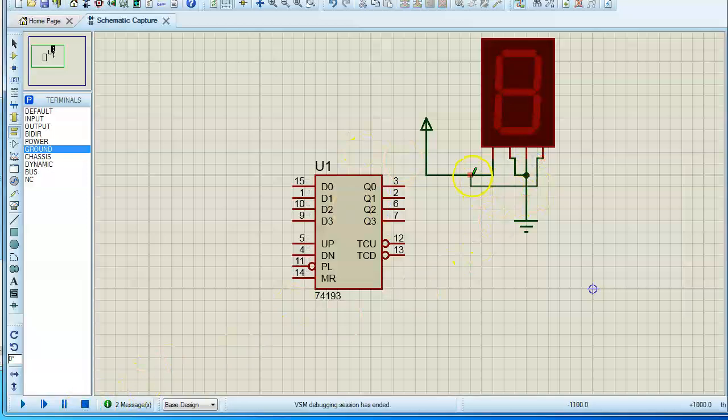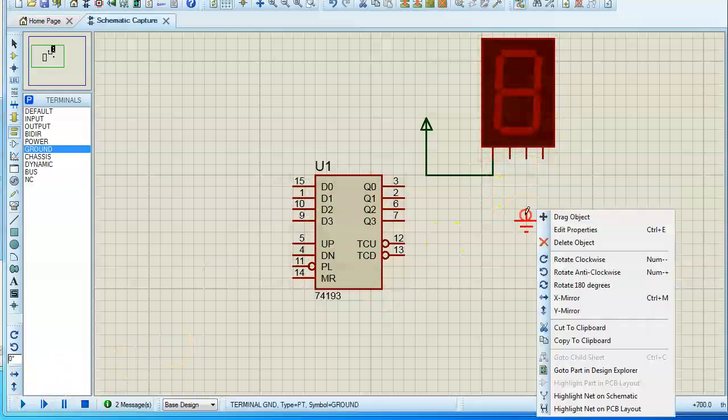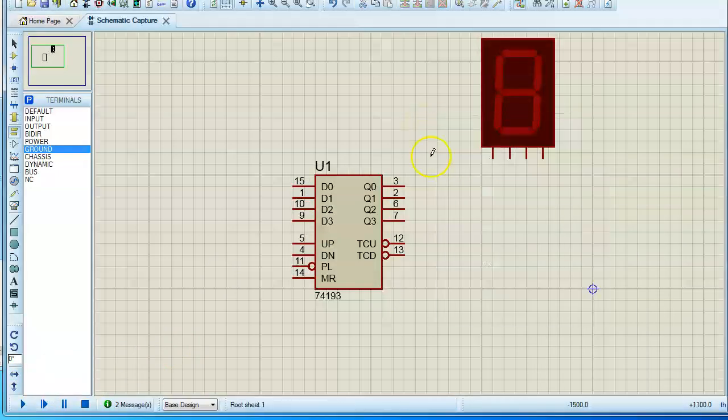And if I connect this one, this is 8, 4, 2, 1 in this order. So we got to know about this particular display now, and we should be able to connect to the IC. Okay. In the IC, I believe Q3 is going to be the MSB and Q0 is going to be the LSB.